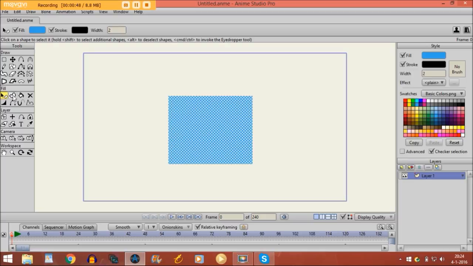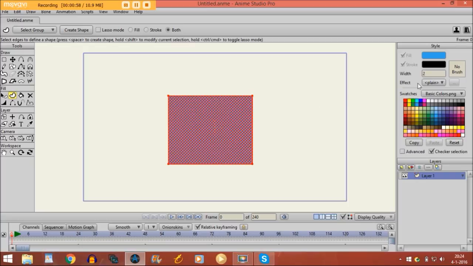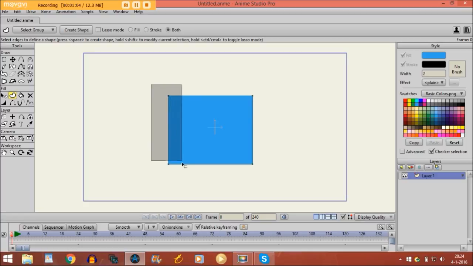And then you have the create shape tool, which is basically kind of the same as the select shape tool. You can select the object and then change everything about it. But one thing that is also different is that you can also select just a few points of the object. And one thing that I find very useful on this object is if I take, for instance, the draw